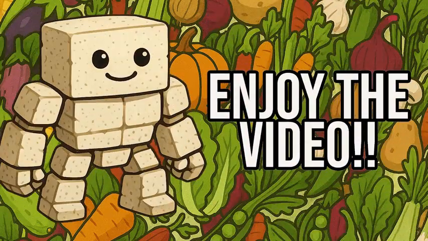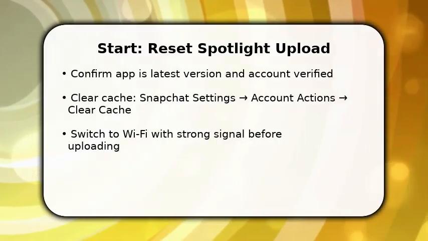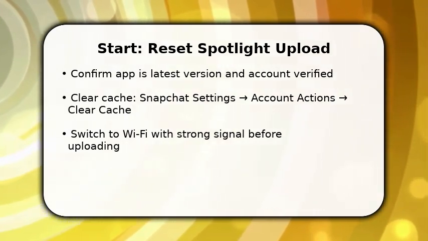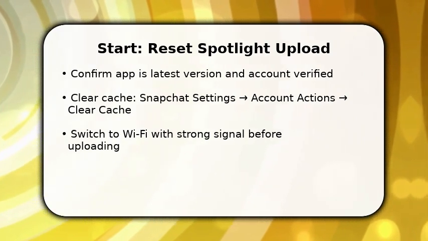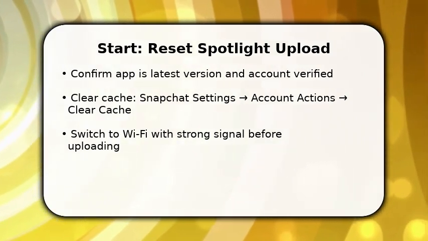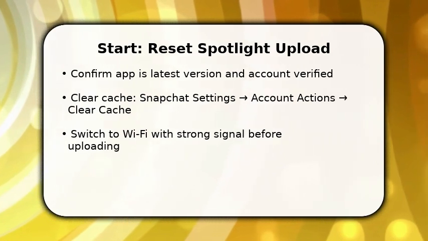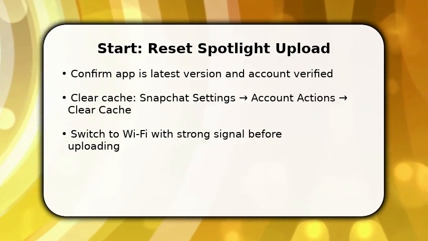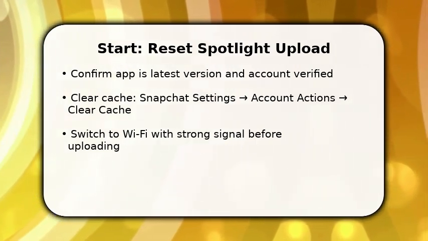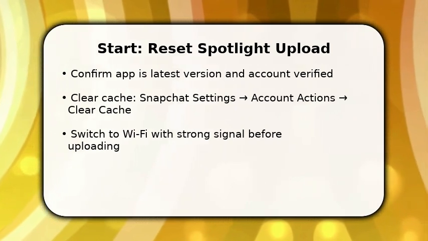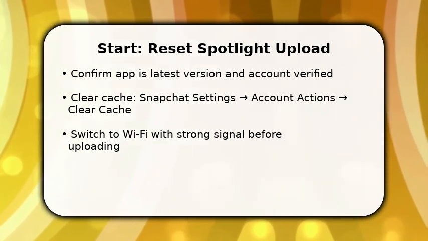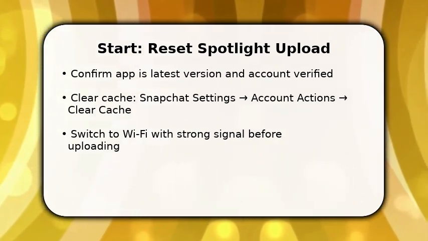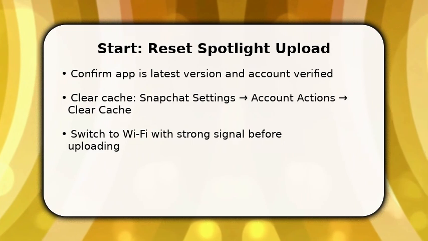Please enjoy the video. You're going to start fixing Spotlight right now by preparing the upload environment. First, make sure your app is updated and your account is verified so uploads aren't blocked. Once done, clear Snapchat's cache to remove corrupted temporary files that can stop processing. Then connect to a stable Wi-Fi network. Mobile data often times out mid-process. These steps reduce common failure points and prepare your clip so Spotlight can accept it without failing in the initial